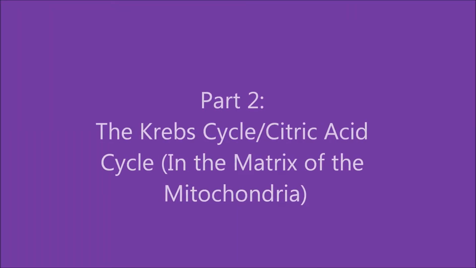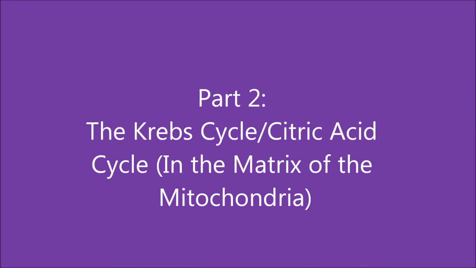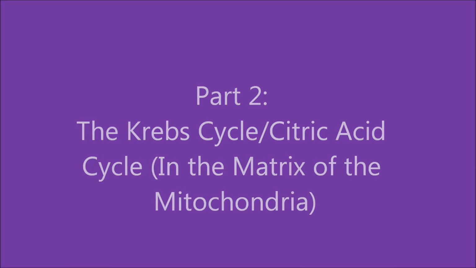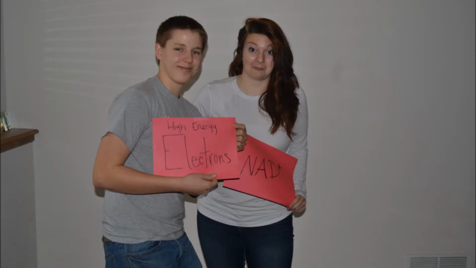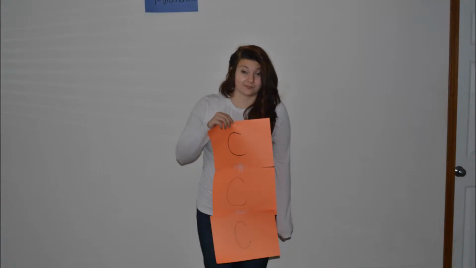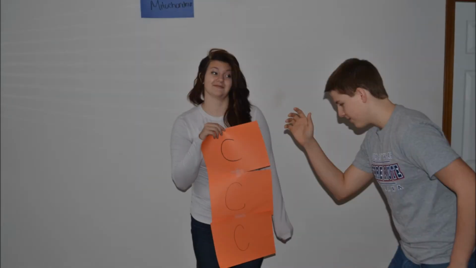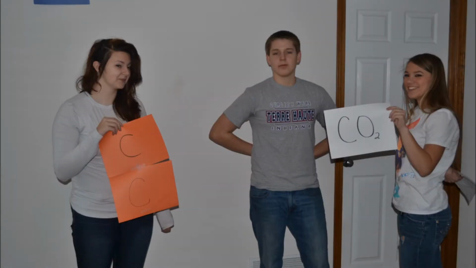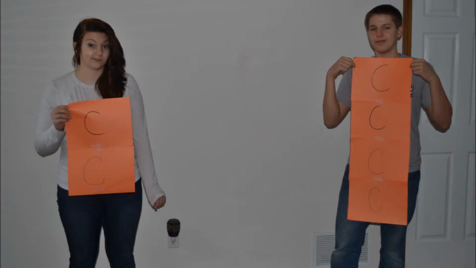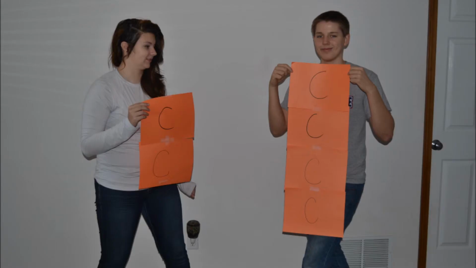Part 2, the Krebs cycle, also known as the citric acid cycle. This process occurs aerobically, which is with air. NAD plus joins with 2 high-energy electrons and forms NADH. Then 1 carbon atom from the pyruvic acid molecule made earlier leaves to form CO2, which is then released into the atmosphere. The remaining 2 carbon molecule is known as acetyl-CoA and combines with the 4 carbon molecule to form